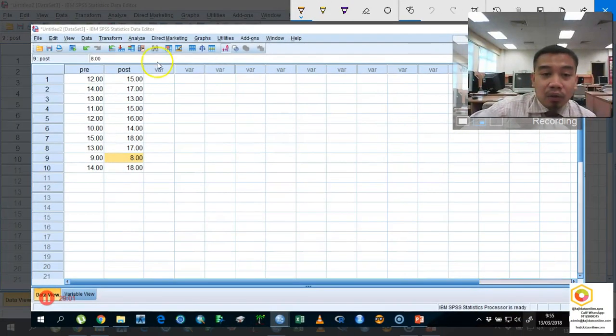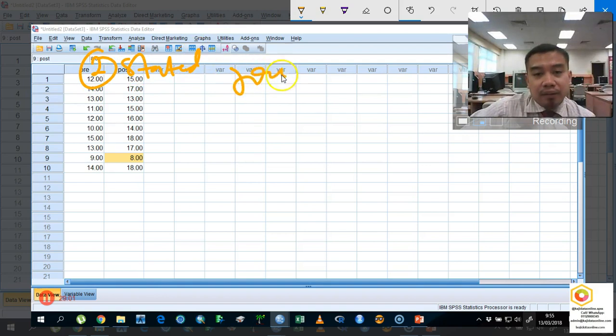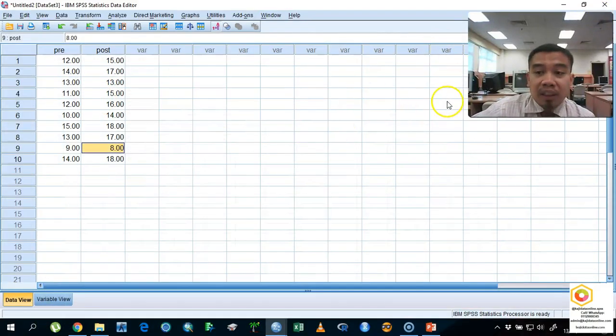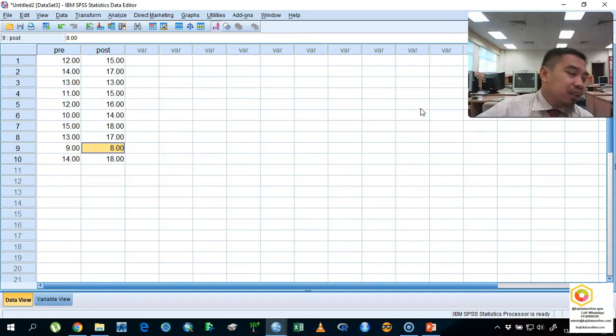Okay, let us go to the second step. So the second step is actually you need to state your alpha. You state your alpha, okay? So usually we set our alpha as 0.05. This is the usual declaration of our alpha. So if our p-value is more than alpha, then we make a decision. If our p-value is less than alpha, then we make a different decision. So I have to